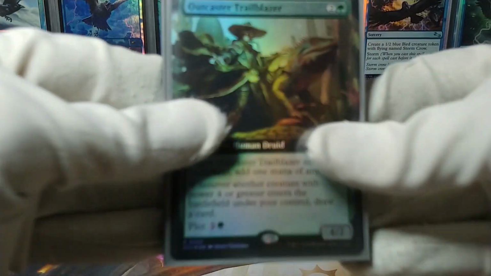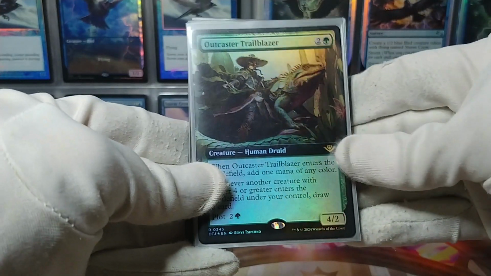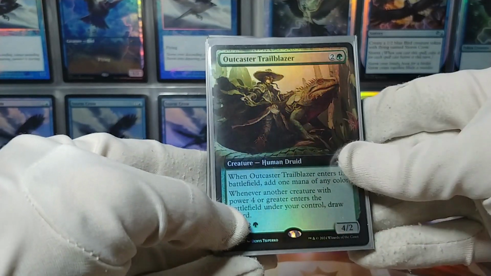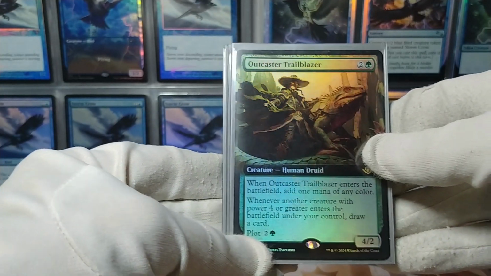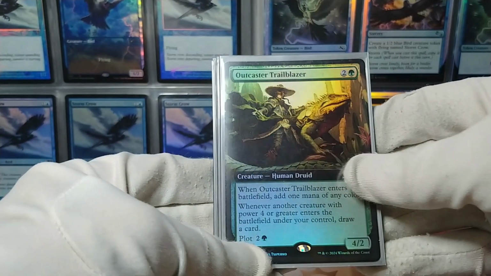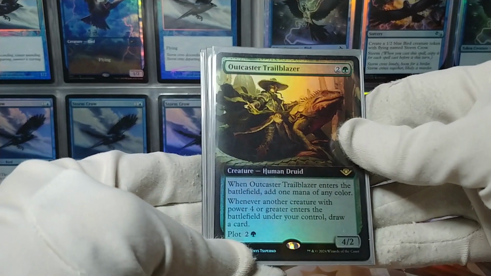Alright, now let's take a bit of a look at the cards that really make this deck run. This is all the card draw, because you need to draw a lot of cards to keep going. So we will start with Outcaster Trailblazer, which is a 3 mana 4/2. It has plot for 3, so you can plot it on one turn and then play it for free another turn. When it enters, you add a mana of any color, so that's kinda cool, gives you a small rebate